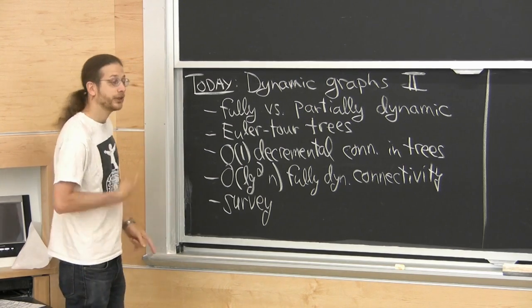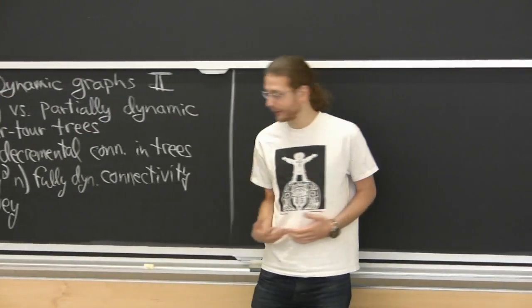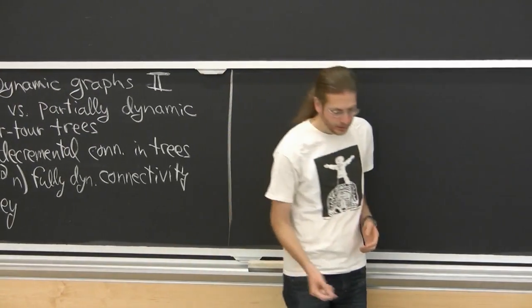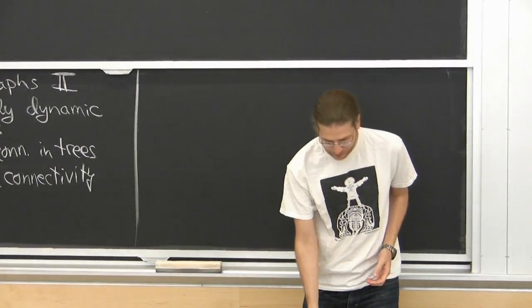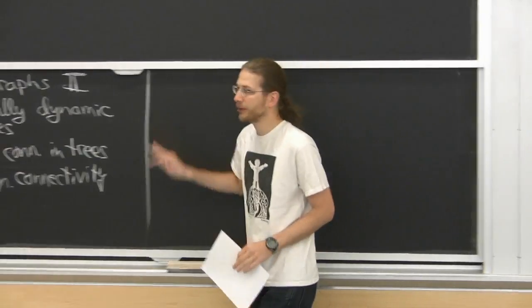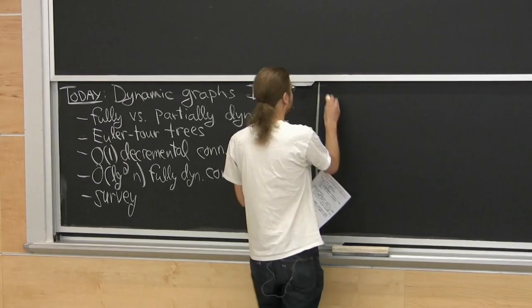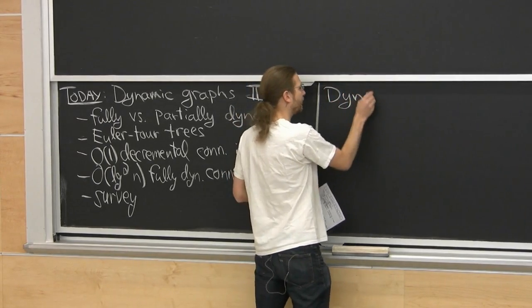And next class will be about lower bounds, which will prove that this log stuff is actually necessary. In case you were wondering, because a lot of the time we've been able to get better than log in this class: in dynamic graphs, you can't. There are log lower bounds. So let's start out with the definition of the problem.